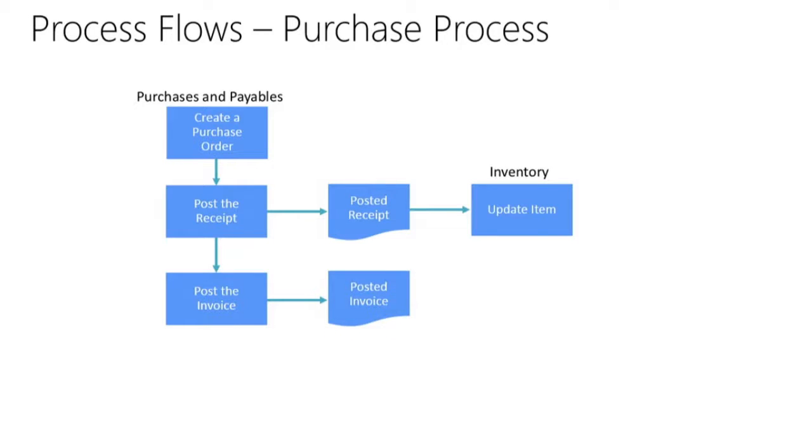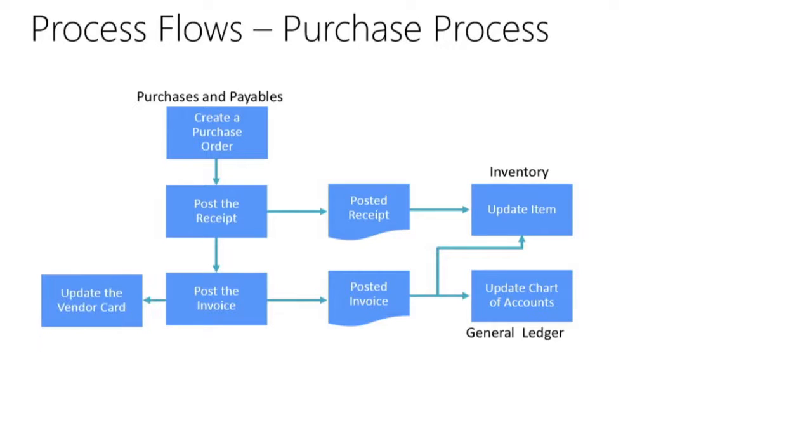So we have the posted invoice document, we might print it, and then we are also going to update the chart of accounts, the accounting information inside Dynamics NAV, based on the information in the posted invoice. Then we're also going to update the vendor card. For example, the balance of the vendor is going to be updated,